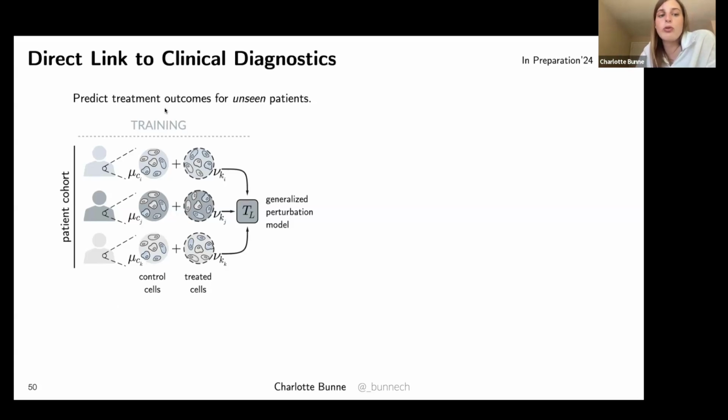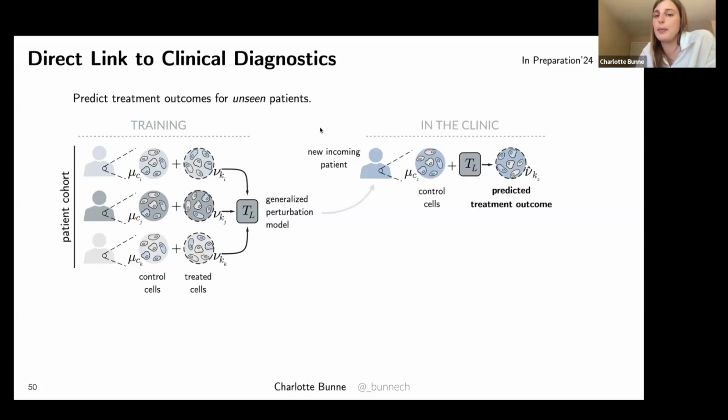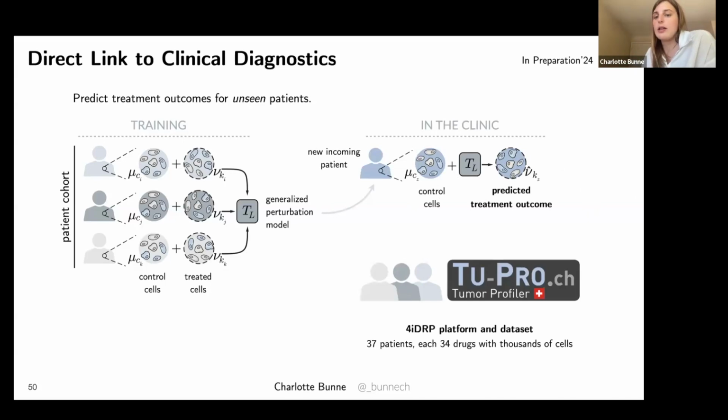And so now we want to use part of this cohort to learn a generalized perturbation model, such that if we see a new incoming patient, we can take their cells before the treatment has been applied and use those different drugs to predict for every different drug how they would be responding, and then ultimately what would be the best drug to choose. So we can not only forecast the prediction, but we can also then make a decision of what is the best treatment. And so this is all part of this tumor profiler consortium